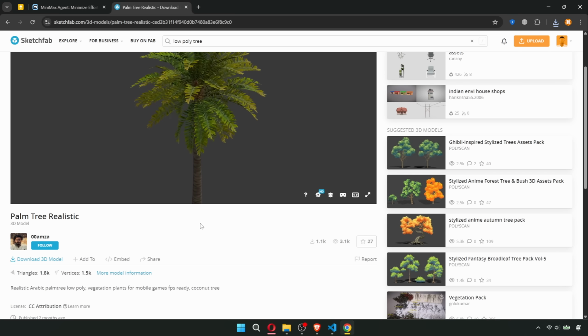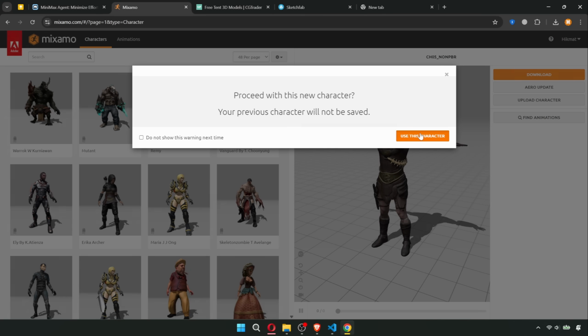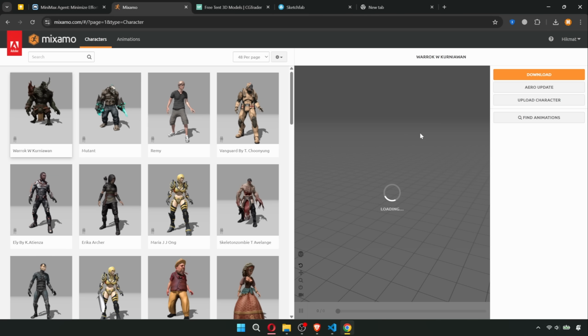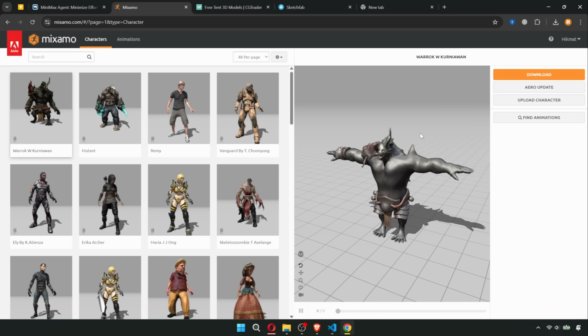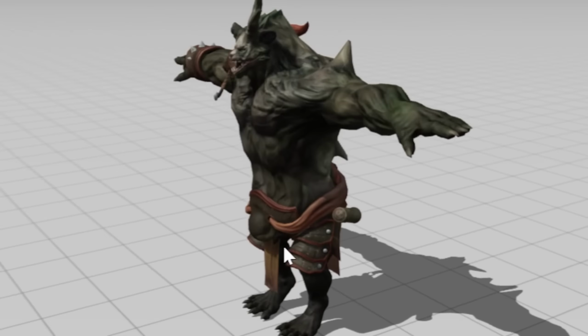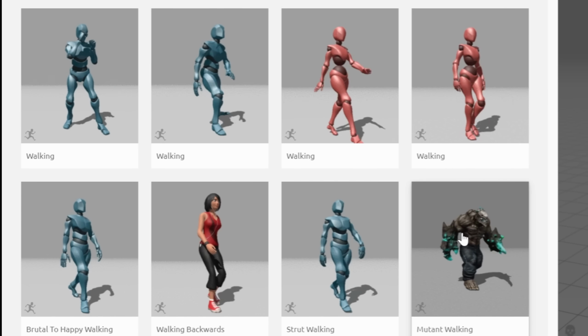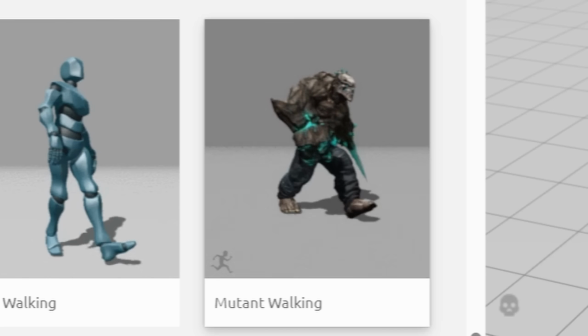There is this palm tree as well that we can download. Now we need a monster for our game which should have animations in it. And for that we're gonna go to Mixamo and look for a monster 3D model. This warlock thing looks scary, let's use that. Okay, this looks good, and as for its animation, I would like to use mutant animations on it and then